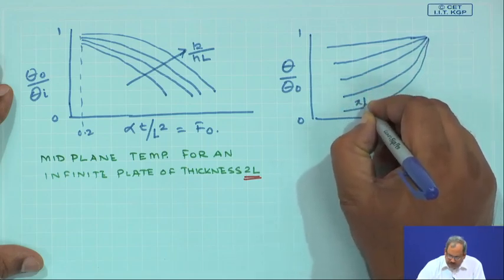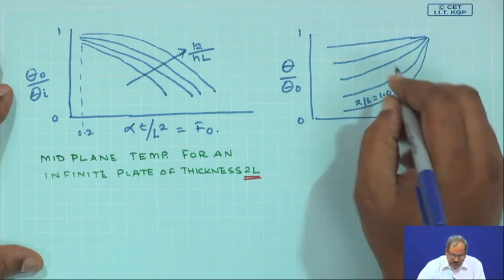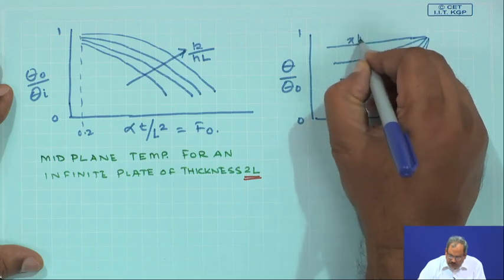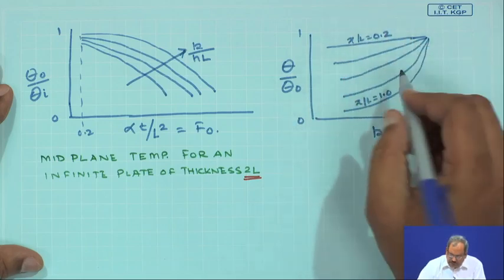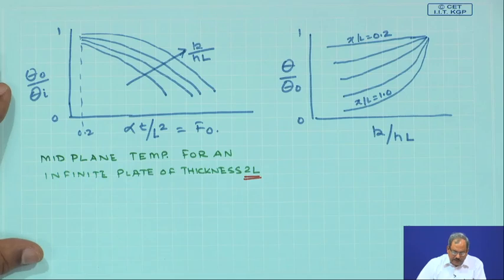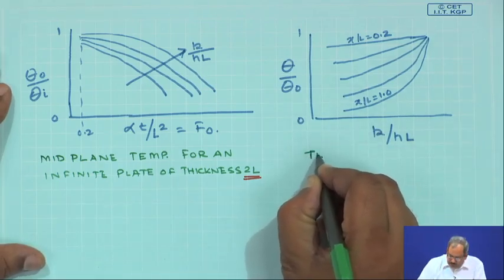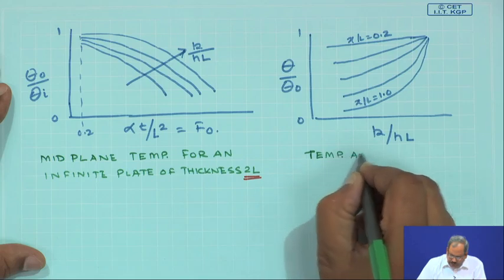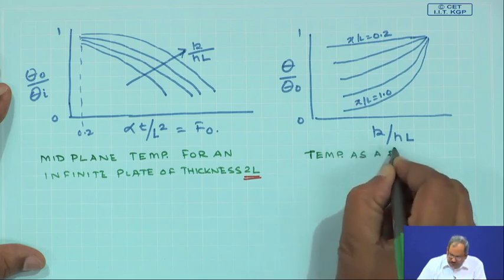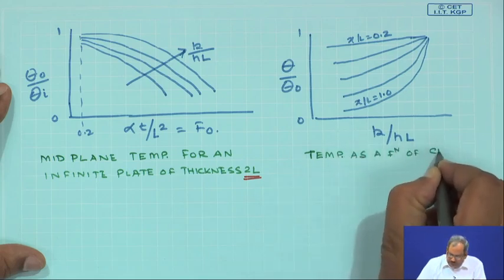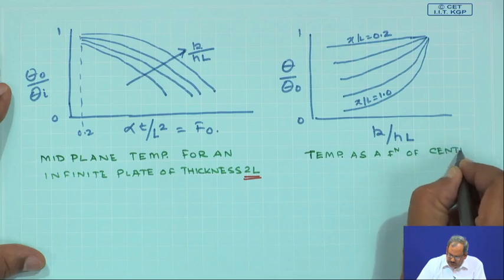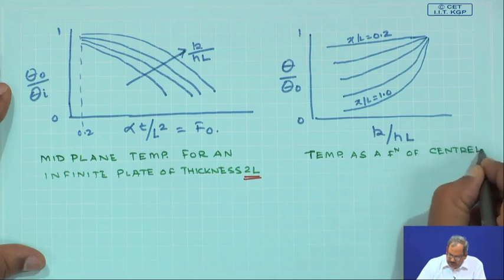So, this is x by L equals 1 and this is x by L equals 0.2 and some points in between. So, this gives temperature as a function of center temperature or centerline temperature in this case,